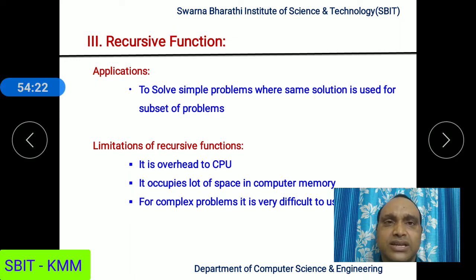Because in recursion a function is making a call to itself. When a function call is to be made, if you are aware of operating system concepts, whenever a call is to be made to a function, immediately the CPU has to perform a context switching from